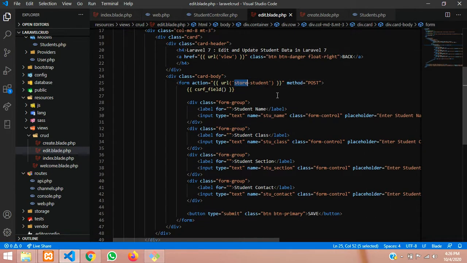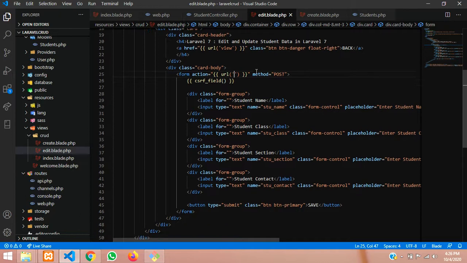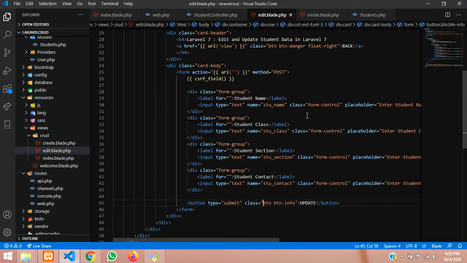Instead of store student, it means update student, which we will give by its ID. Okay, so its ID we will provide now. Right now we are not going to use this, I will remove that and change this form button to update. From primary to info we will give, and then everything else will be the default.